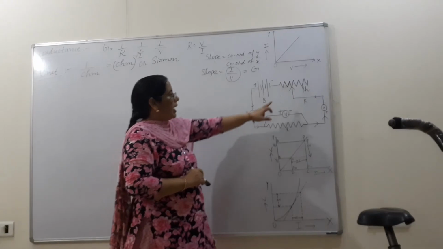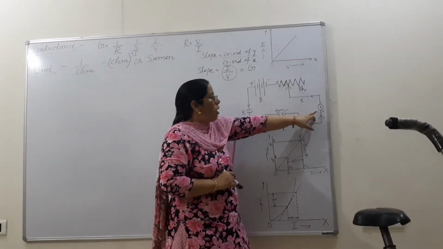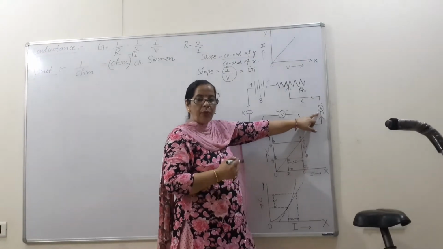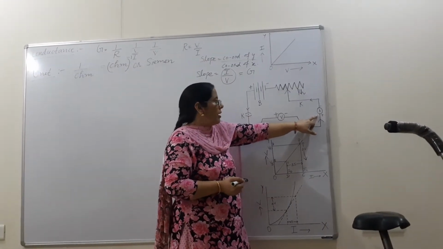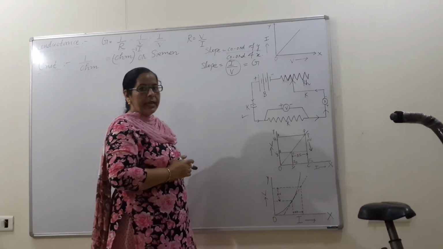Then after that again we will give some movement to the jockey. Now the ammeter's reading must be increased. We have to arrange it like that. When here some increase will be there, the voltmeter will also show some increase.